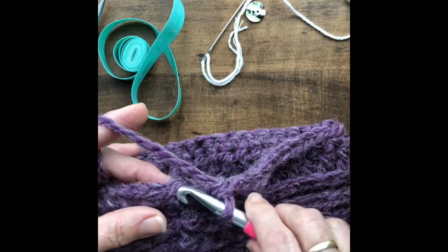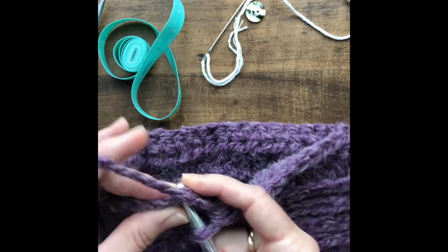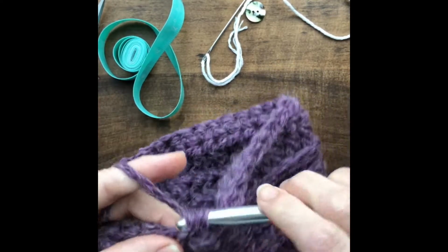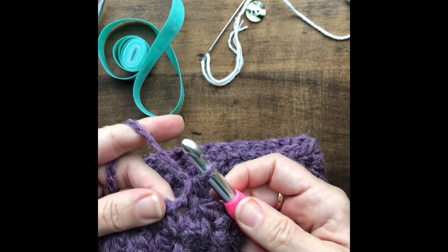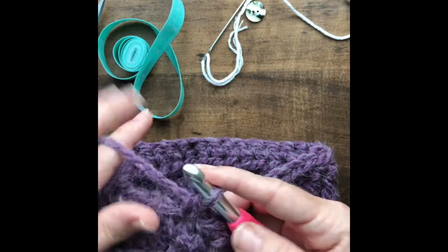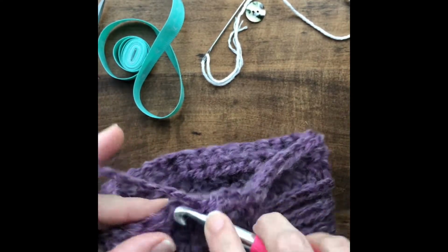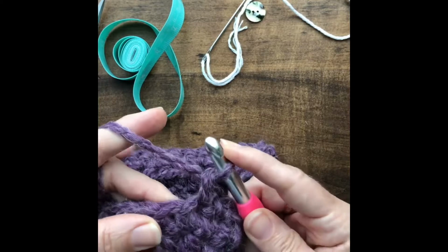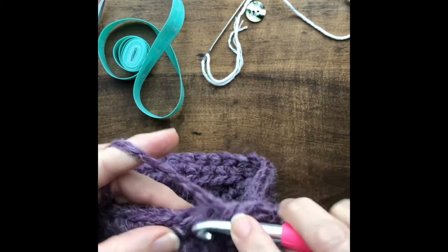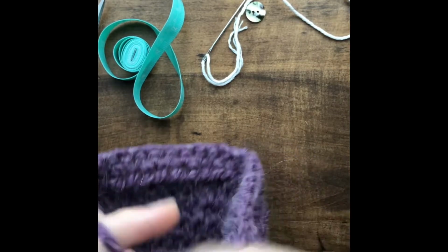I'm just going to go right into that first single crochet from my round before, and I am going to make a single crochet. I'm not going to slip stitch, I'm not going to chain up one, and that's going to keep me from having a seam for the rest of my hat. So that's 1, and this is 2, and this is 3, and this is 4,